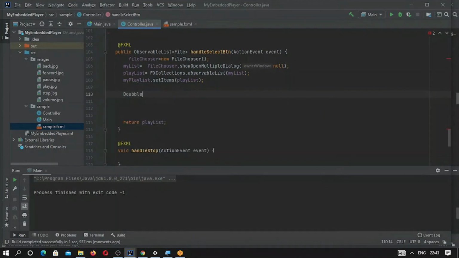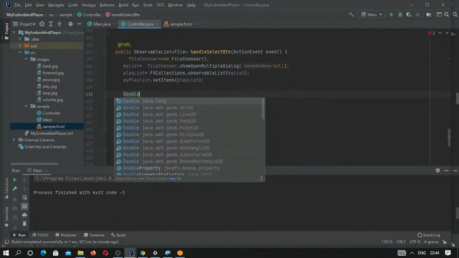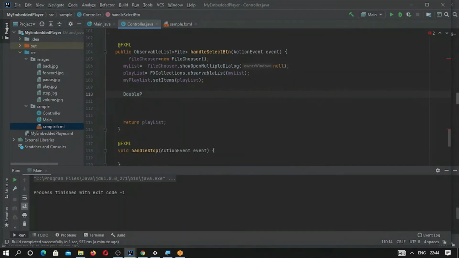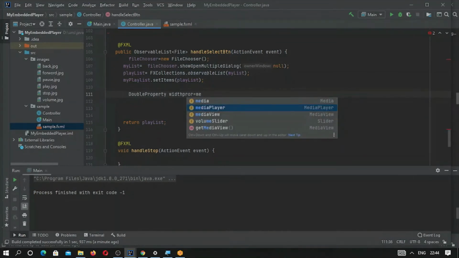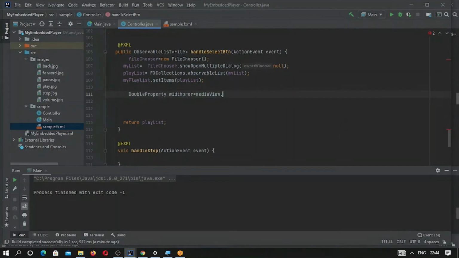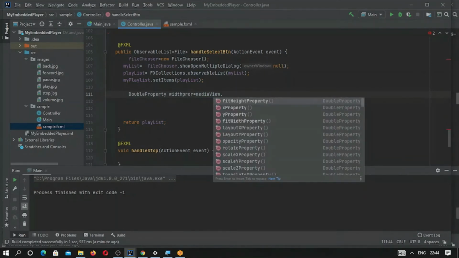This is width, width property, which is media view dot fit width property.